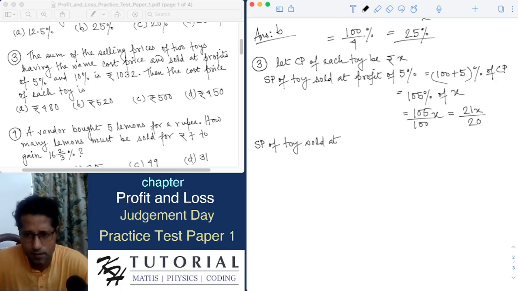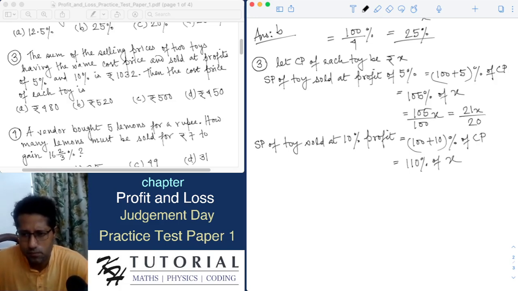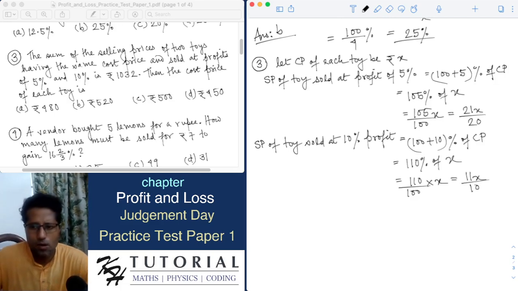sold at 10% profit will be equal to 100 plus 10% of cost price. This equals 110% of cost price x. This is 110 divided by 100 into x. If we simplify this further, we get 11x by 10. 11x by 10. So therefore, sum